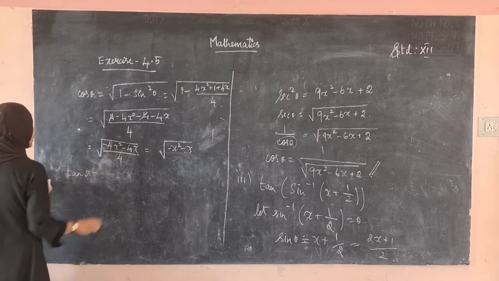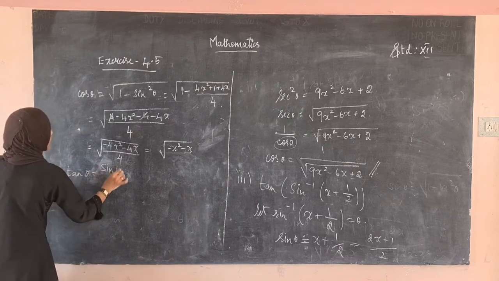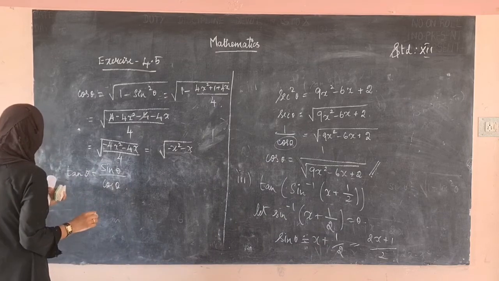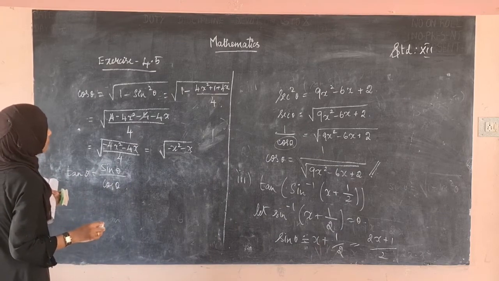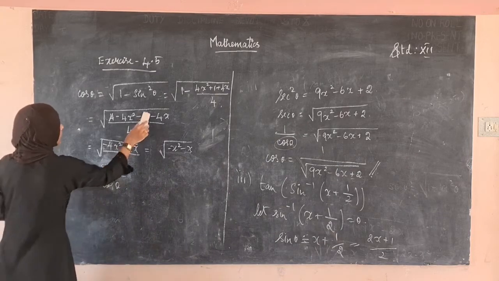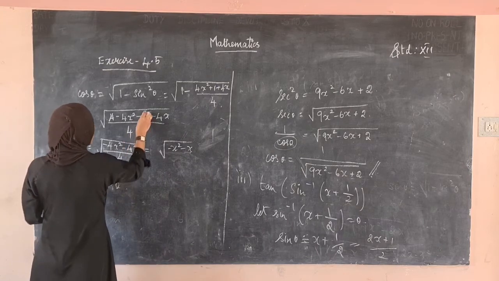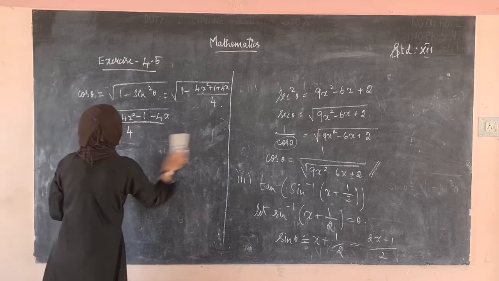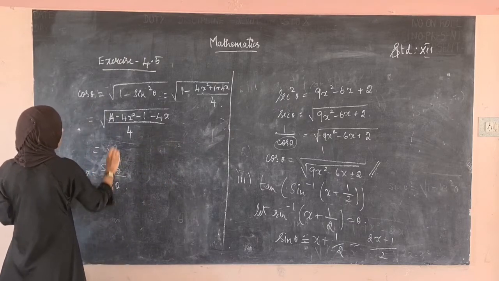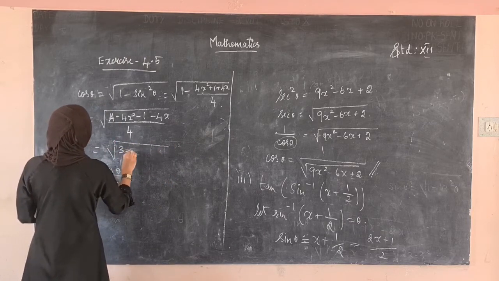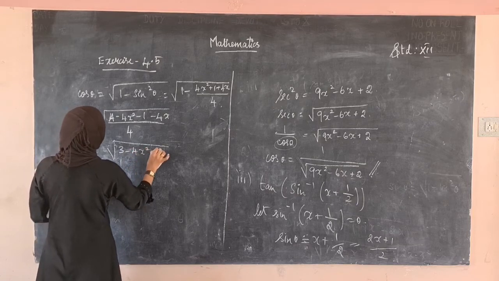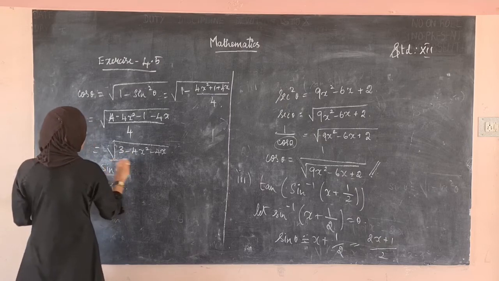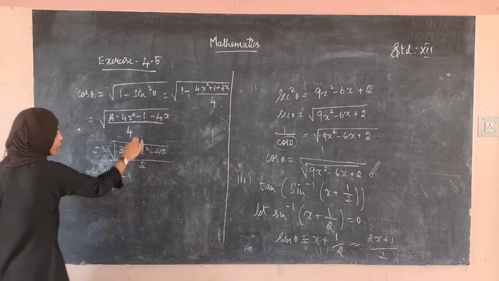Okay, we have to find tan theta. We know tan theta is equal to sin theta divided by cos theta. See here, this is not 4, right? This is only 1. So what becomes 4 minus 1 is 3. It is equal to 3 minus 4 into x square minus 4 into x, divided by 2. Root of 4 is 2.